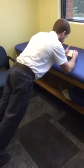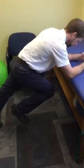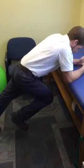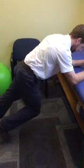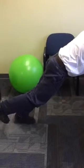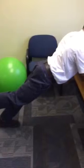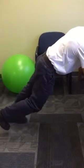So as I'm in this position, I'm going to start off here by bringing one knee up to my chest and holding for 5 seconds. Have my chin tucked slightly down. I'm not hiking up my shoulders, I'm keeping my shoulder blades down. And then slowly I'm going to start to kick this leg back, stopping whenever I feel like my leg is straight, and I'm trying to go just short of my back dipping down like this, and I'll hold this for 5 seconds. And then I'll come right back up, knee to chest, 5 seconds, kick this leg slowly back,